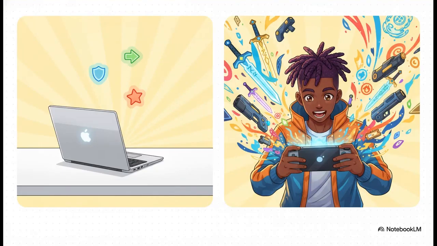Now, I know you might be wondering about gaming, and wow, the landscape is shifting here. macOS delivers incredible efficiency with Apple Silicon, but let's be honest, it still heavily lags behind when it comes to major AAA titles. Meanwhile, Linux gaming has completely exploded. Thanks to tools like Proton, Wine, and the massive success of the Steam Deck, tons of Windows games actually run beautifully on Linux now. Really, stubborn anti-cheat systems are kind of the final hurdle.